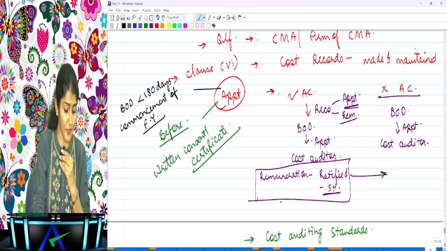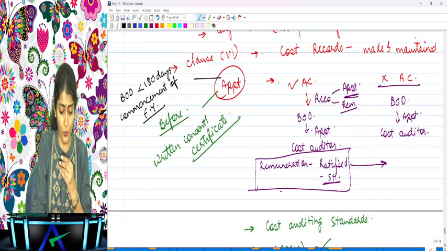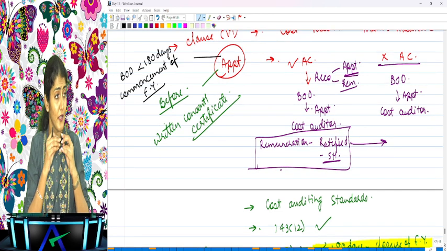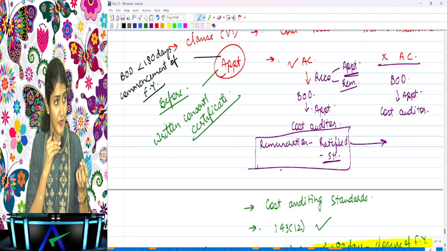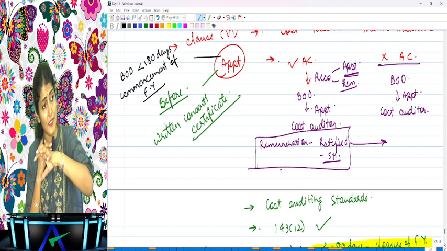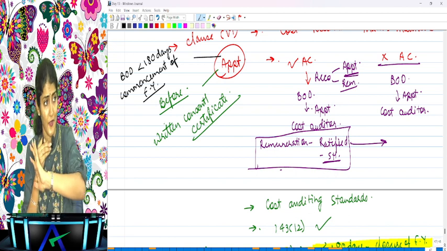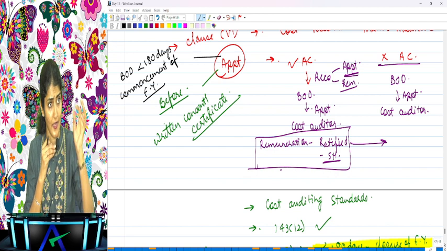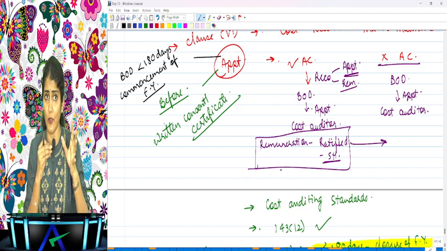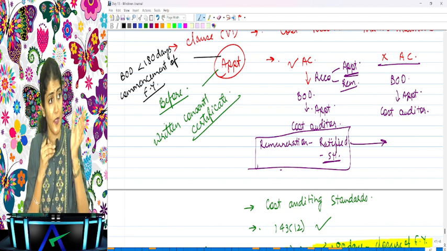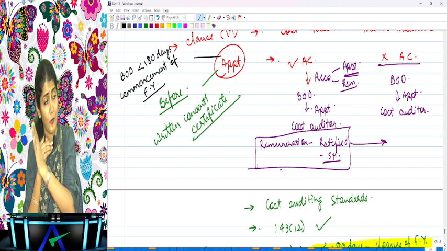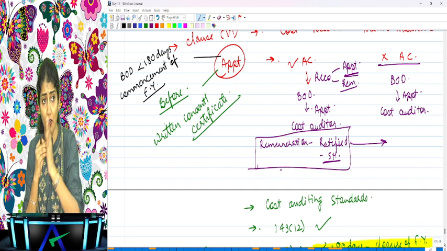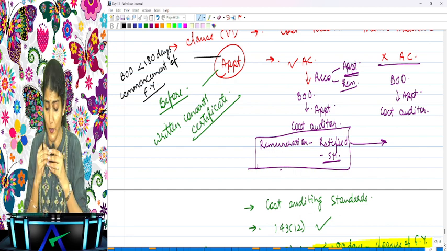Right, so appointed by the board, reporting to the board. Appointed by the board within 180 days of the starting of the financial year, and reporting to the board within 180 days from the closure of the financial year. Are you understanding? They are appointed by the board, they report only to the board, but appointed within 180 days from commencement and report within 180 days from the closure of the financial year. Are you able to follow this?